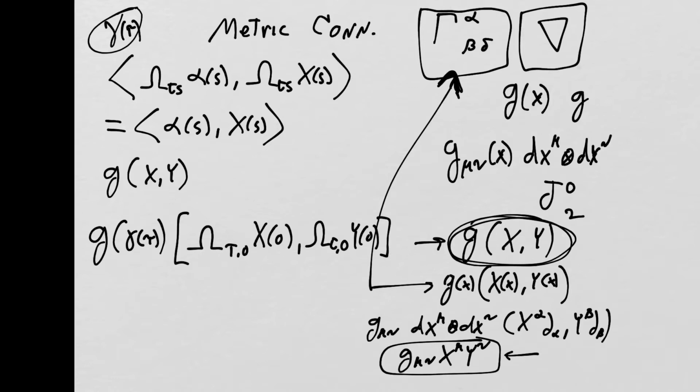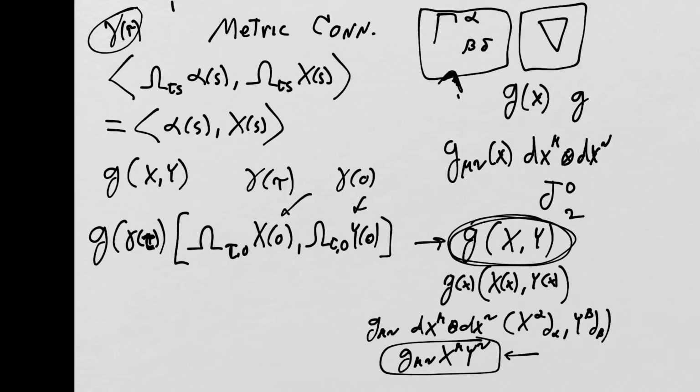I guess I got to erase this line now. Y of 0. What I'm saying here is I take a vector at the point tau equals 0, and I transport it to the point tau equals t. This should be a t. And that should be a t. These should all be t's. The curve is parameterized by gamma of tau. In this case, we're going to talk about gamma of 0 for these guys, and this is gamma of t